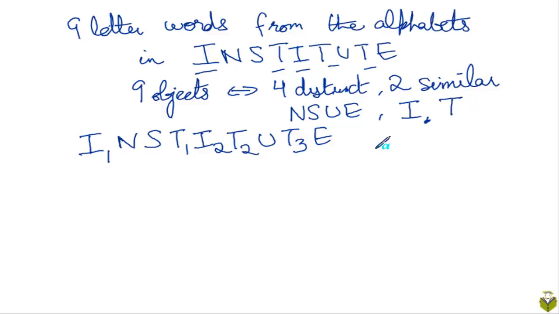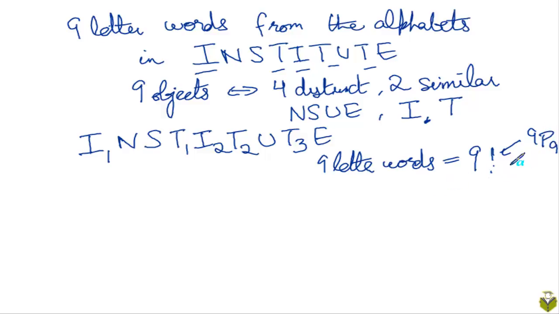Then we know that the number of 9-letter words is 9 factorial, right? Again, that is 9P9, but I always keep on using factorial. So this is clear, but now because we have some objects which are non-distinct, 9 factorial will not be the